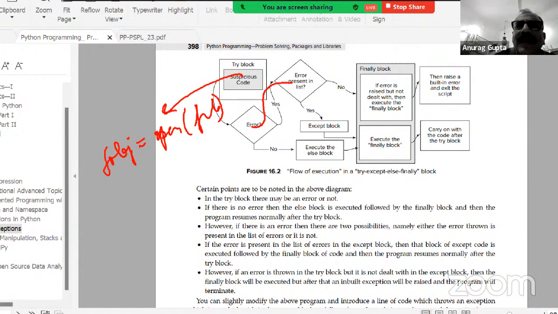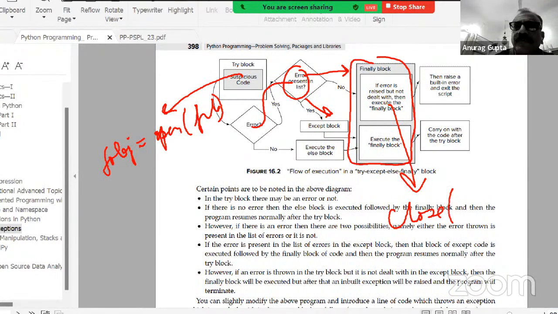My program might be able to deal with the error, yes, or may not be able to deal with the error, no. In either case, I will be entering the finally block. So this block of code will give me an opportunity. What I will do in this block, I will write close f object. So before my program finally either crashes or doesn't crash, I get a chance to